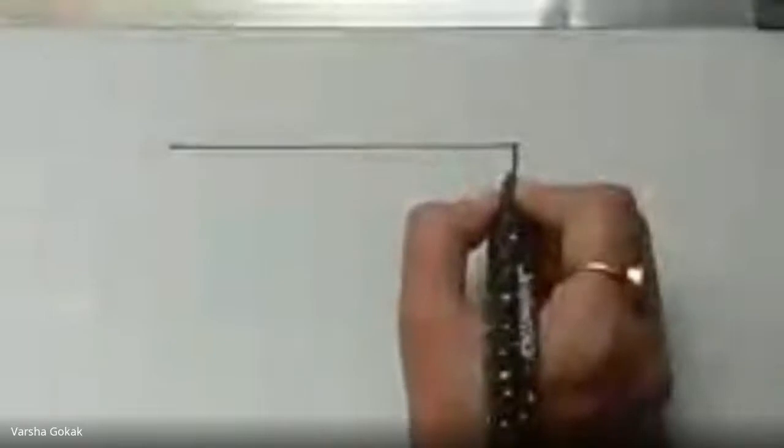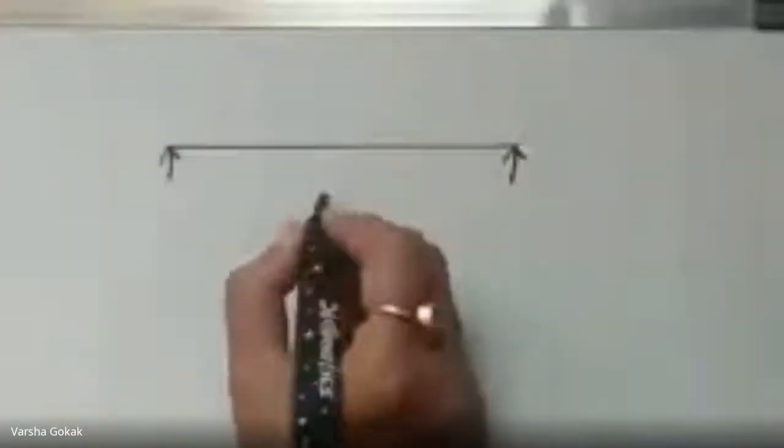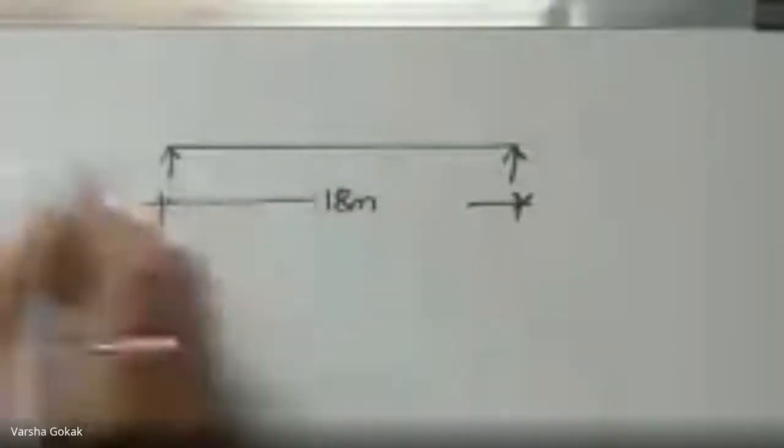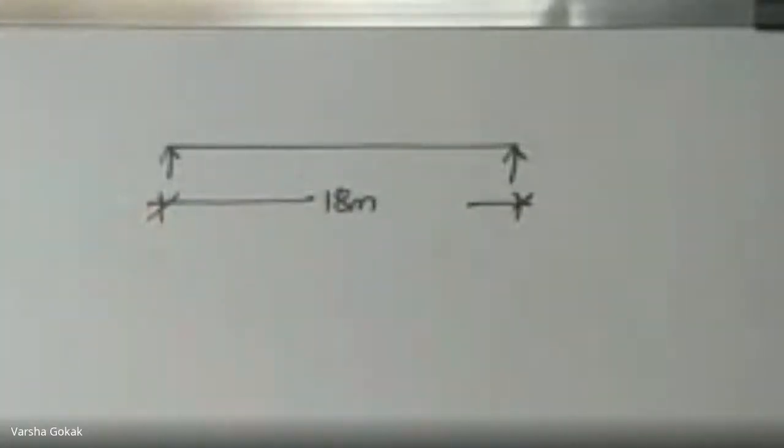Good morning, all. So we'll continue with the next set of examples for getting the absolute maximum shear or absolute maximum bending moment from the influence line diagrams, for a set of concentrated loads. So the next example we have is a simply supported beam of 18 meters span. So the span of this beam or girder is 18 meters.